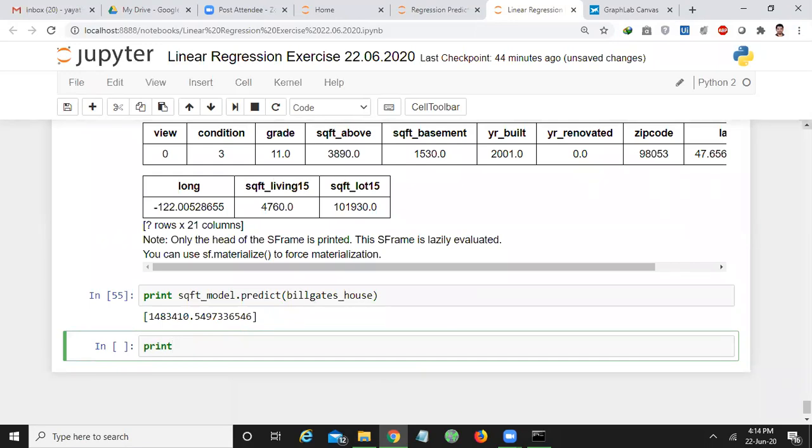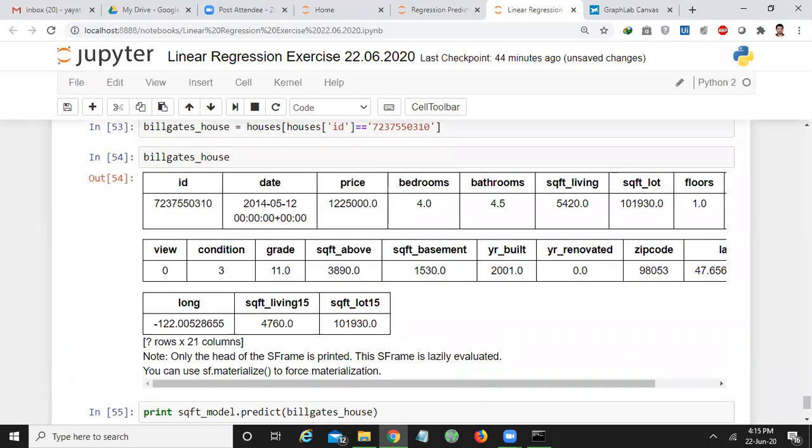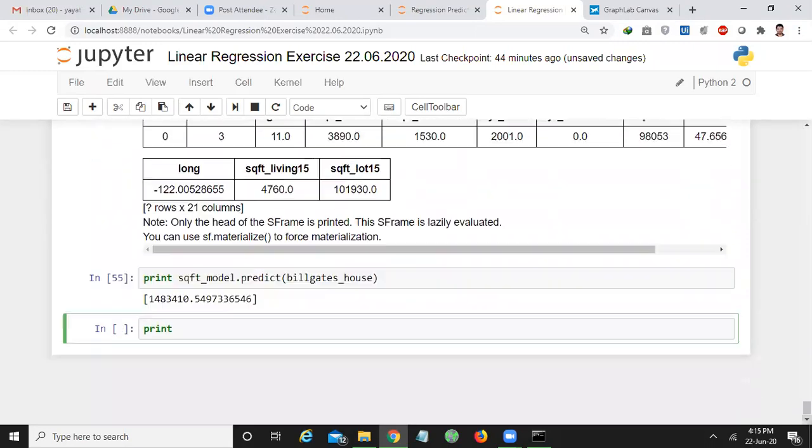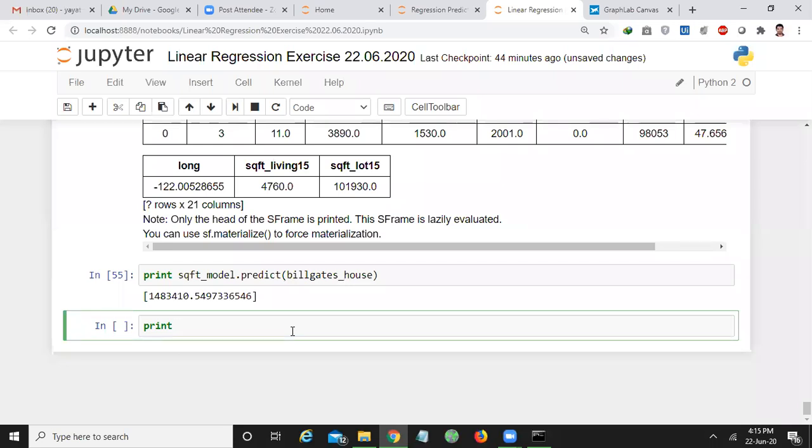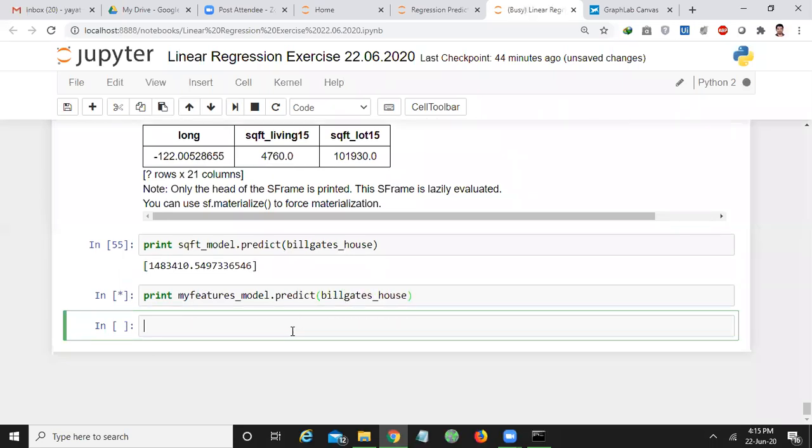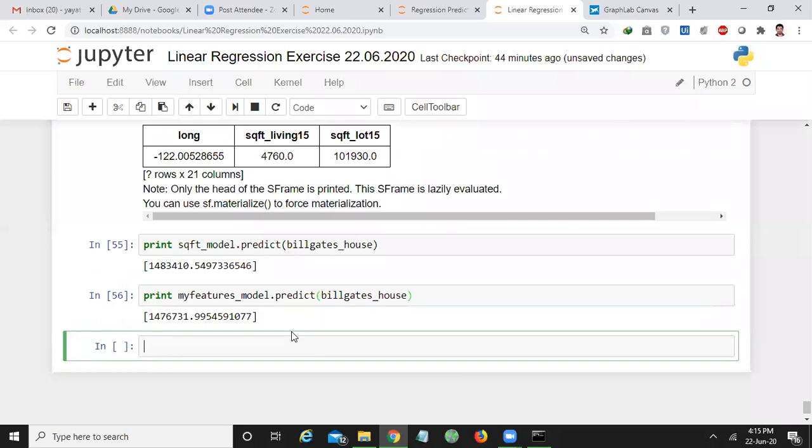The actual cost is 12 lakhs 25,000, and it is showing nearly 14 lakhs 83,400. If you apply my features model on Bill Gates house, my features underscore model dot predict of Bill Gates underscore house, still it is representing 14 lakhs.